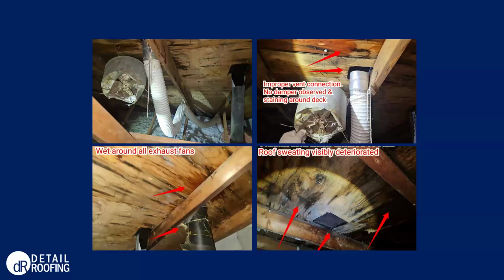And then finally, at one of the air outtake vents, there was active water from condensation that was dripping when we were on site here. And then similarly to what we've seen throughout this, a lot of the exhaust ventilation was not adequately connected, and therefore a lot of hot, moist air was just being pumped directly into the attic space. So there were a number of issues happening here.